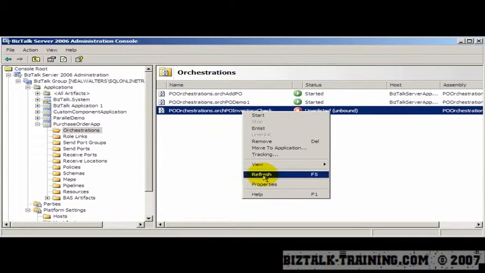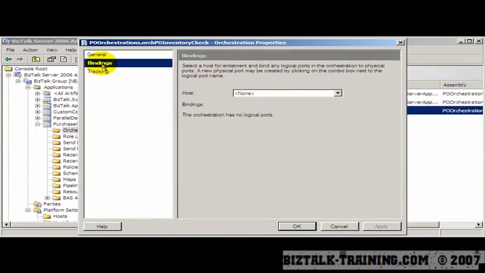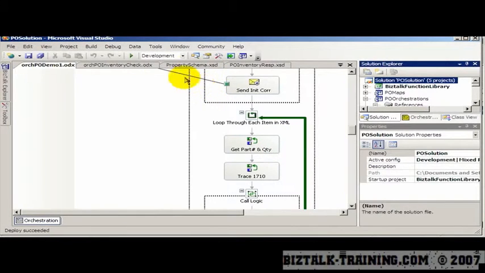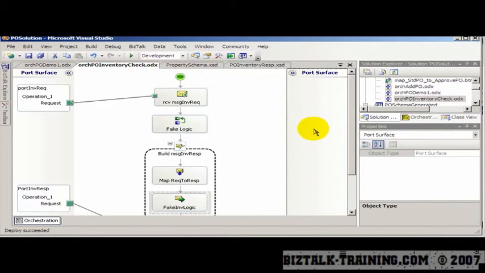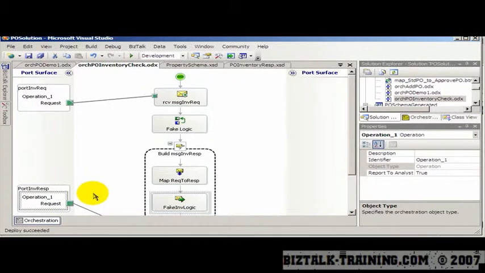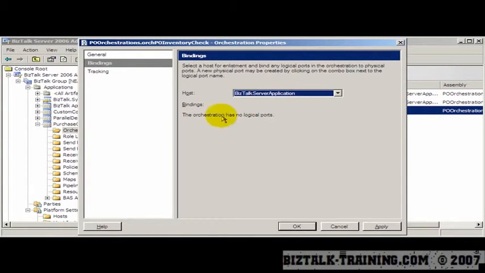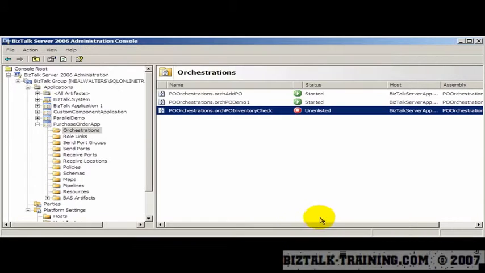And now to bind this one, we go to Properties, Binding, and since everything's direct binding, there is nothing to do here. So we just do BizTalk server apps. Let me just reemphasize that. In our little inventory application, even though we have two ports on the left, because they're direct binding, they're not listed here because they don't have to be tied to send or receive ports, because they go directly to the message box database without any intervening tools. Okay, so now that's set, and then we start